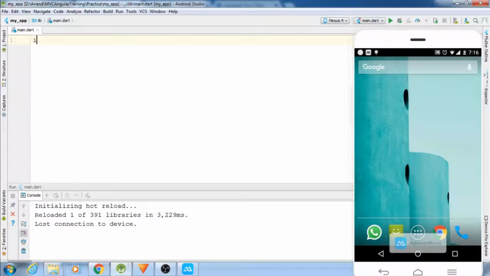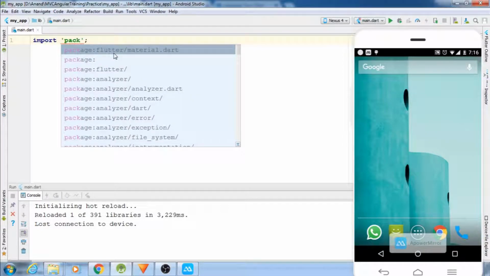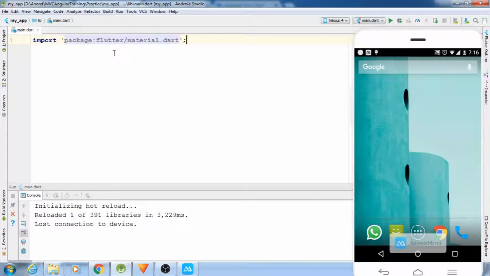Initially you need to import one of the files, that's under package flutter material app.dart. Once that has been imported, you have to write the main function. With every program you have to write a main function, the entry function. So let it be void main, and inside void main,